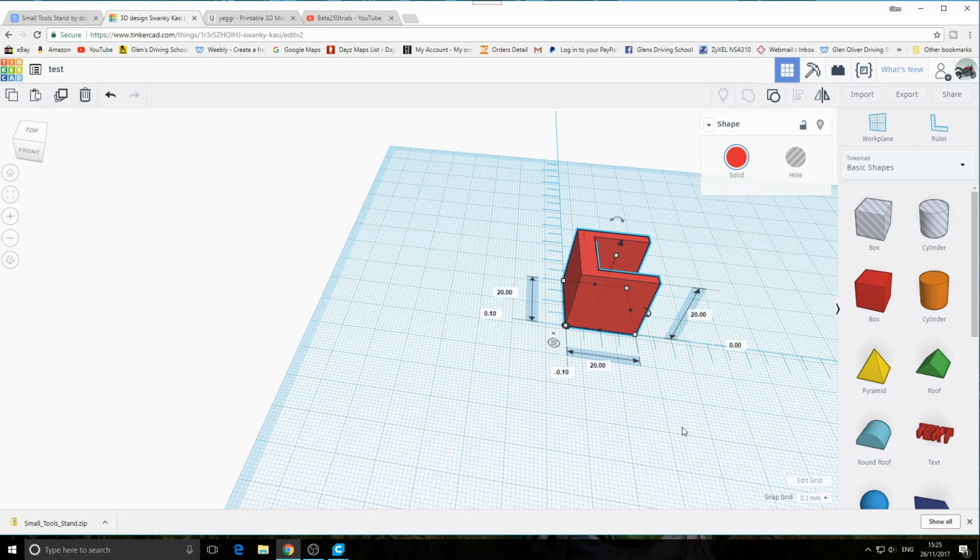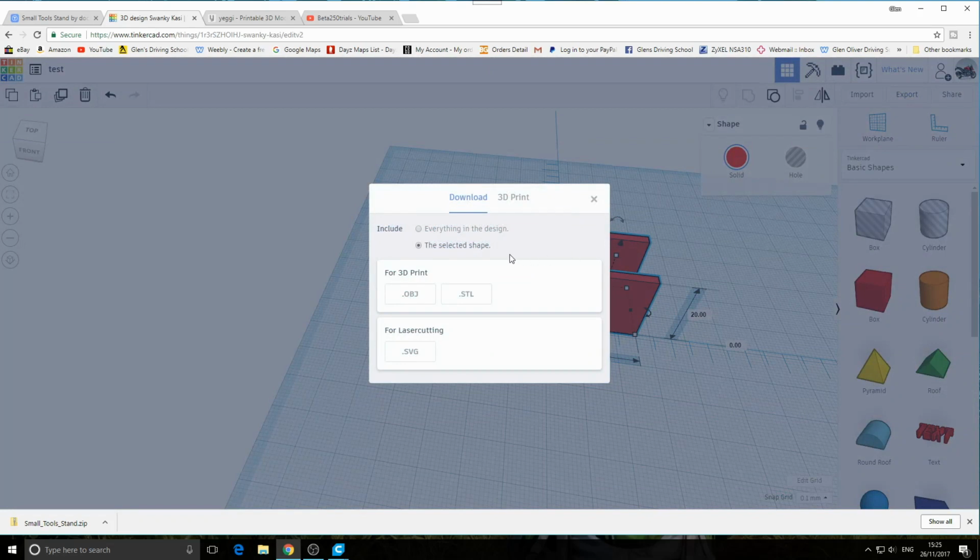Once you've got what you want, it's automatically saved. You can copy and paste it to wherever you want. What I do now, you've got import and export. So we'll go to export. It says there, download for 3D printing. Hit that. It asks you, what do you want to do with it? Select. Do you want all of them or do the selected one? So I've selected that one. You can save it as